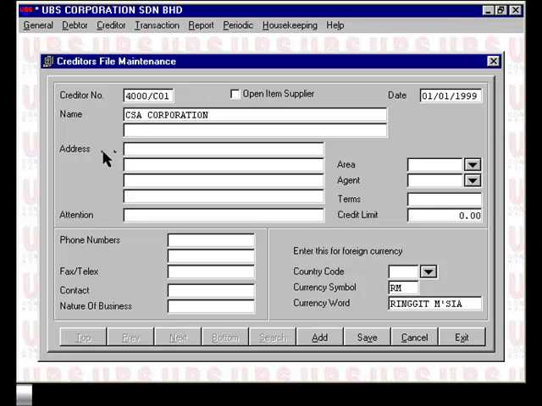Again, as for the rest of the information, the address, the contact detail, the area, the agent, the terms, credit limit, and foreign exchange detail. Those information are optional. You may enter them if they are available. And when you're ready, you press Save